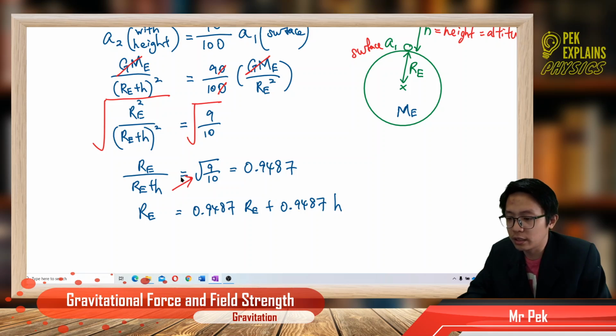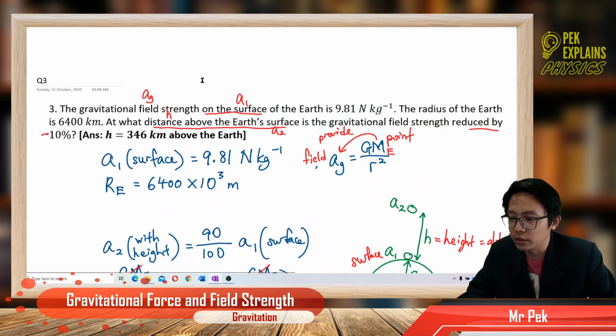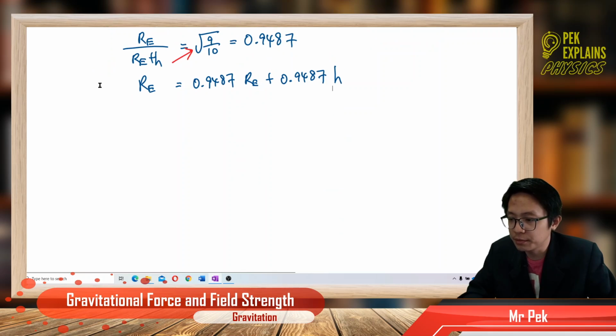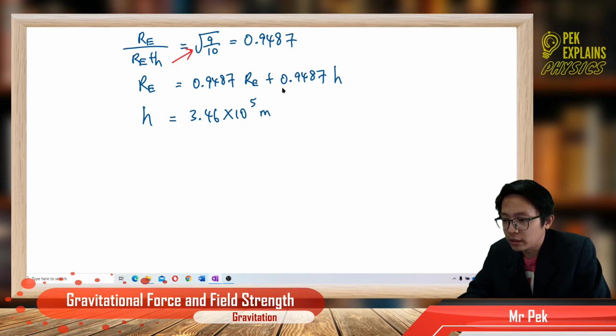And then you can just substitute the value of radius of Earth. Radius of Earth is 6,400 exponent 3 meter. Convert to SI unit. Just now it was kilometer, change to meter. Substitute inside here. And finally, we will get the answer h, which is 3.46 exponent 5 meter,